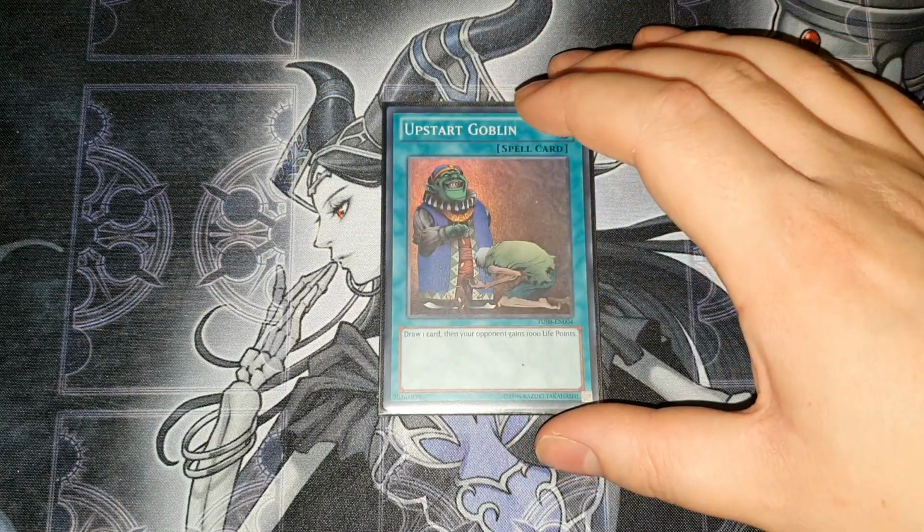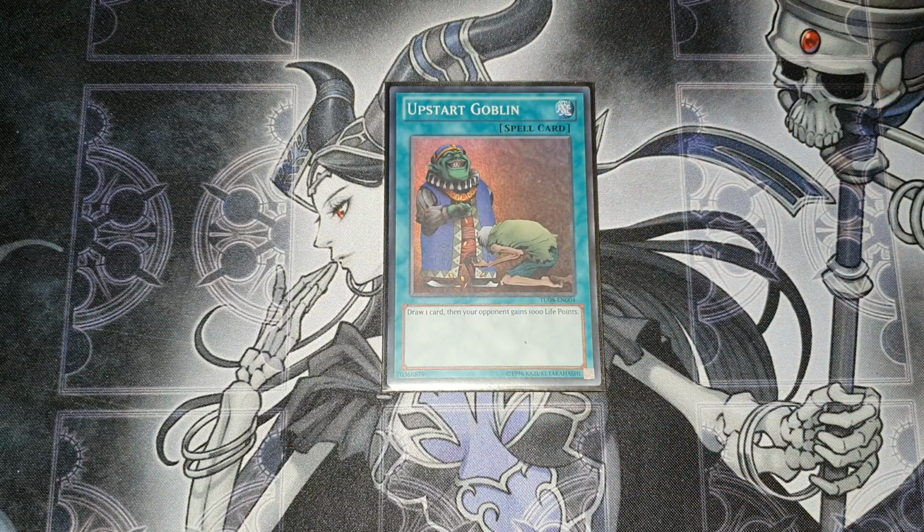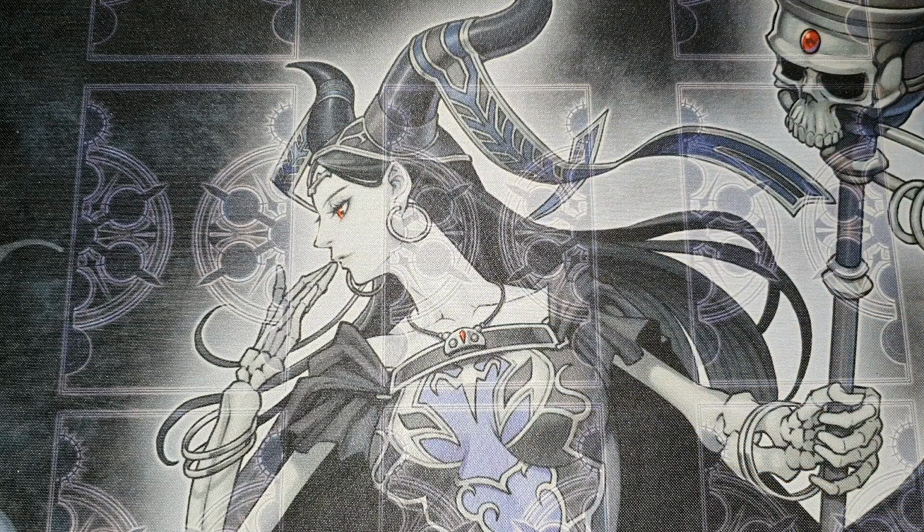1 copy of Upstart Goblin. Again, it conflicts with Prosperity, but it's literally 1 card, so I don't feel it's too bad, because sometimes if you don't see a pre-prep, for example, you just can't win, so you would really want to thin the deck. And then I'm actually playing 2 trap cards because I am setting up this unbreakable board, but it